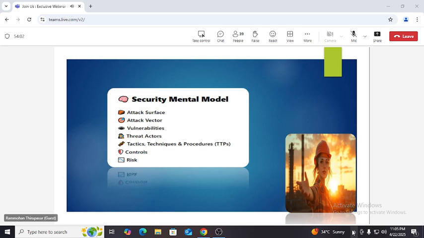Please remember, tools will come and go. Today there is tool A, tomorrow there is tool B, day after tomorrow, today there is ChatGPT, tomorrow something else will come. Day after tomorrow something. Already there are many such tools. So tools will come and go. But if you want to be really successful in the field of AI security, tools are important, but only to